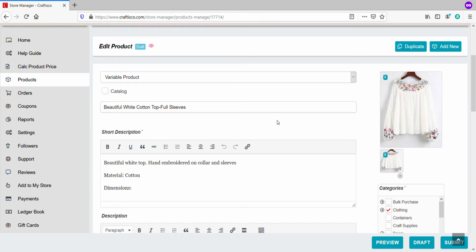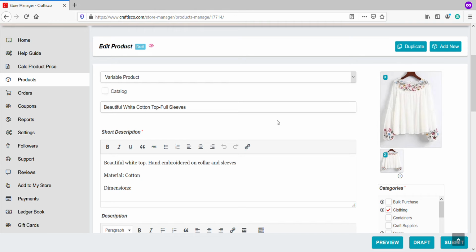Here we are going to see how to create a duplicate product. In our earlier videos we have seen how to create a simple product or a variable product. So now what we are going to do is create a product from the same product that we had uploaded earlier. So we are going to duplicate the product and we can just edit a few of the contents that we might want to change in this new product.